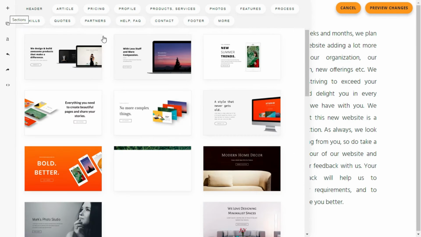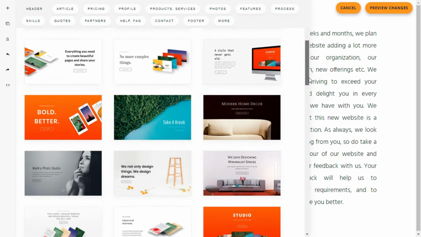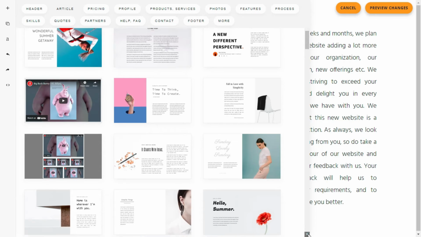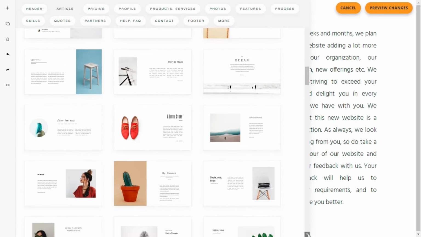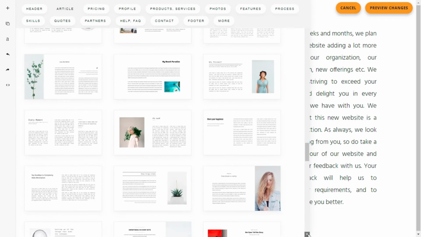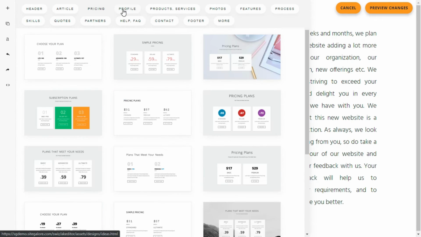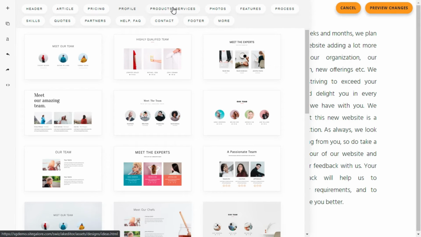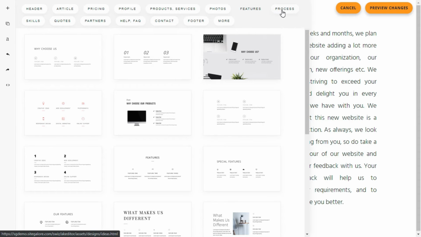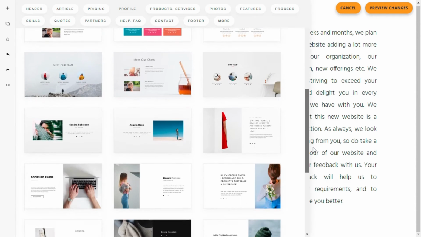For the website to look stunning, SiteGalore allows us to add the content in the most beautiful way possible. We can do this using sections. To make it really easy, the sections are well organized like pricing, products, photo gallery, contact us, etc. Depending on the type of content that we want to create, we can pick the relevant section and simply change text, images, links, etc. There are over 200 different sections available, so we can pick exactly the one that will fit us. Now let us add a section to show the organization profile and its activities.